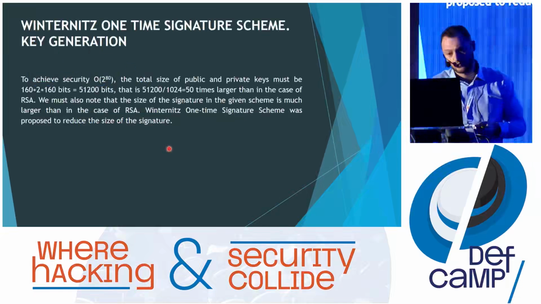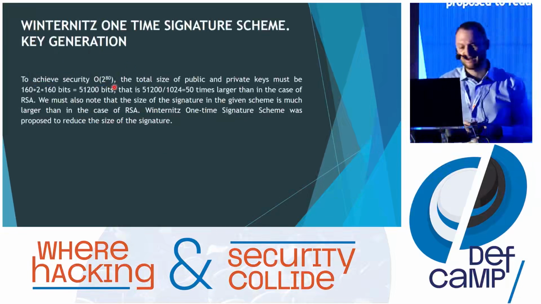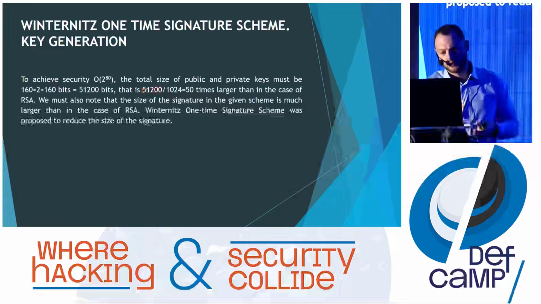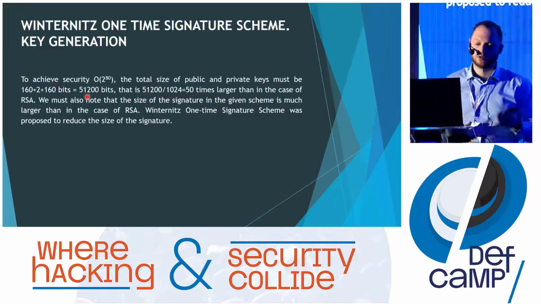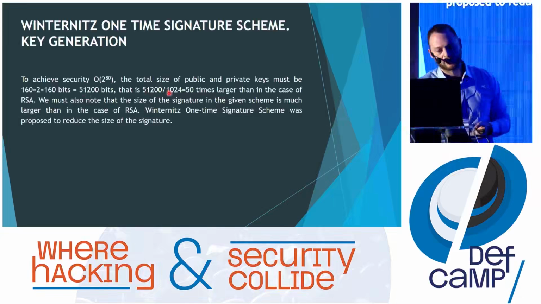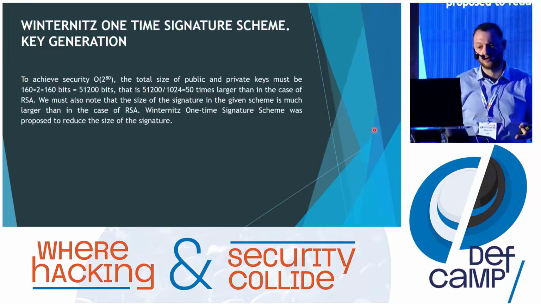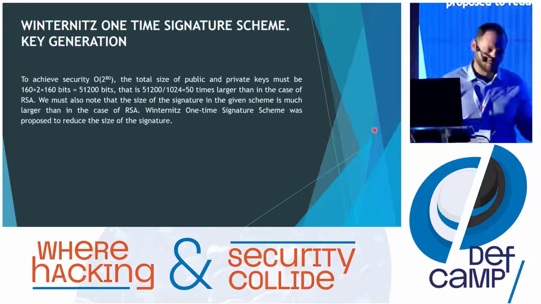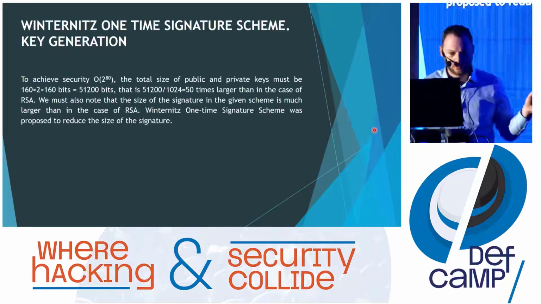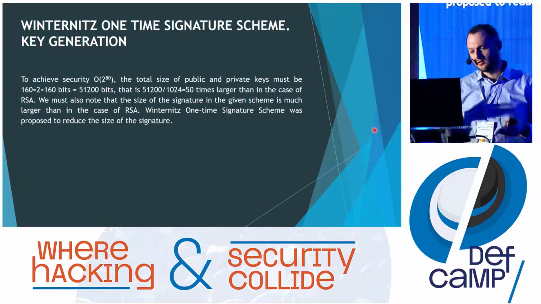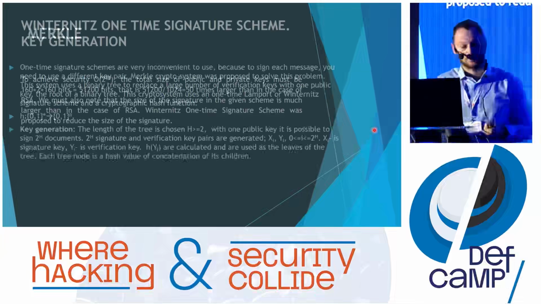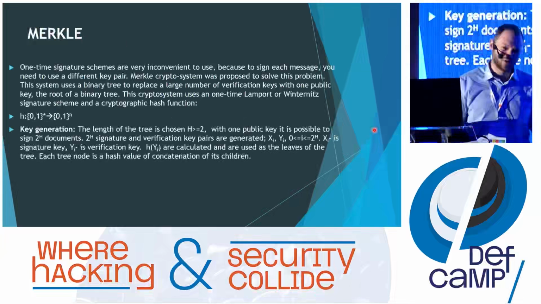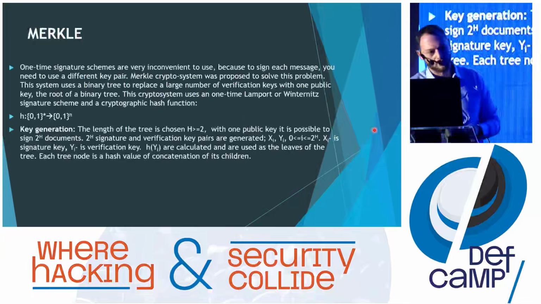In the case of Lamport, to achieve the minimum security of 2 to the 80, the total size of the keys must be 51,200 bits. That is 50 times larger than in the RSA case. And also, as I said, the signature length is much bigger than in the case of RSA. Okay, the Winternitz one-time signature scheme was offered to reduce the size of the signatures. But these one-time signatures aren't convenient in practice